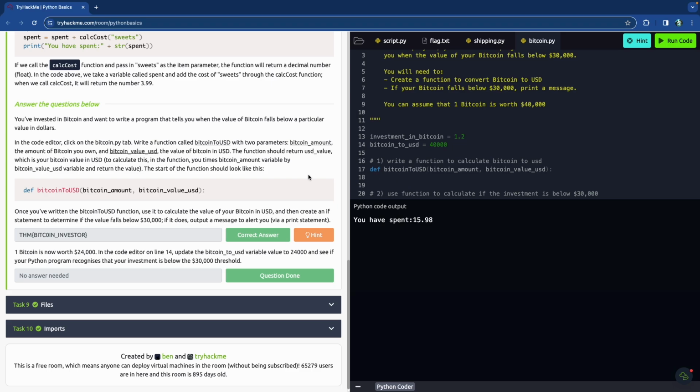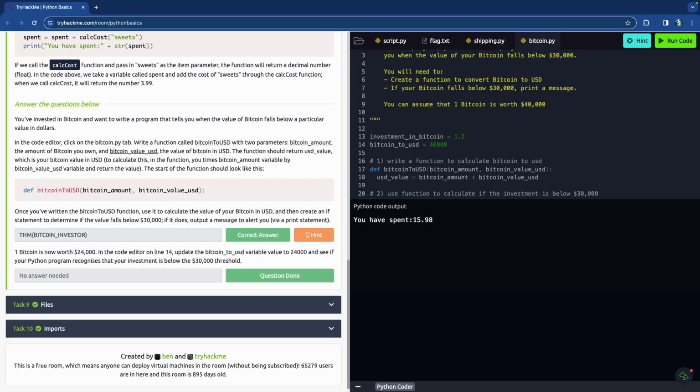And then we want to return the USD value, which is your Bitcoin value. Okay, so essentially it's going to be, let's see, USD value is going to equal Bitcoin amount times Bitcoin value USD,